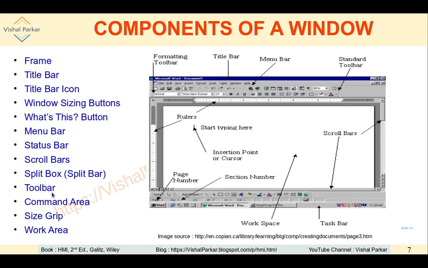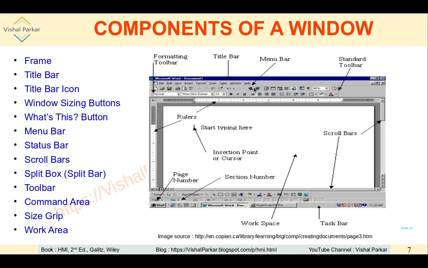Next is the toolbar. Different frequently required operations will be presented as part of some icons, as can be seen here. For example, this icon represents opening a new file, creating a new file. This one is a toolbar that has got the icons for operations for creating a new file, opening a file, saving that file. So in this way, there are different toolbars which can be seen here.